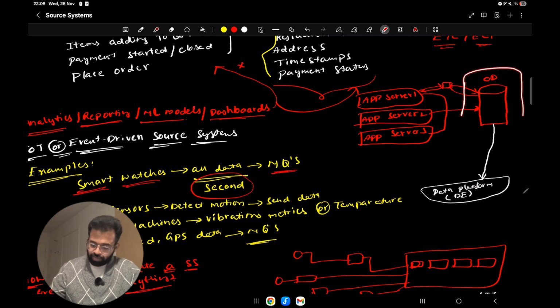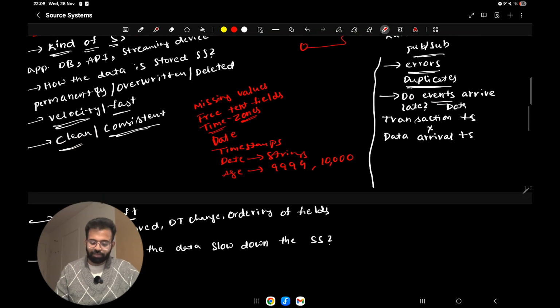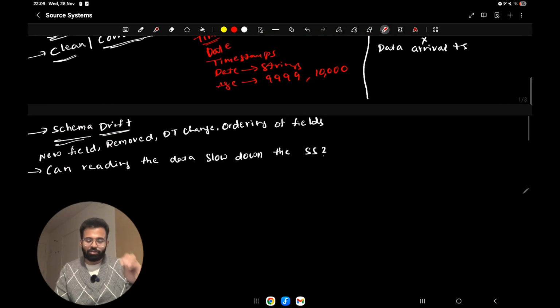Whenever the source system is an operational data store and you fire some kind of heavy queries towards the operational database, especially during work hours, then there might be load on concurrency and everything from the operations perspective, and there might also be load from your side, from the applications, from the data platform side as well.